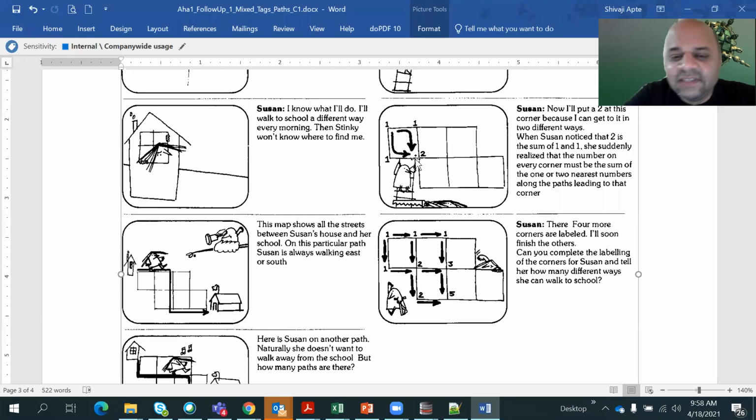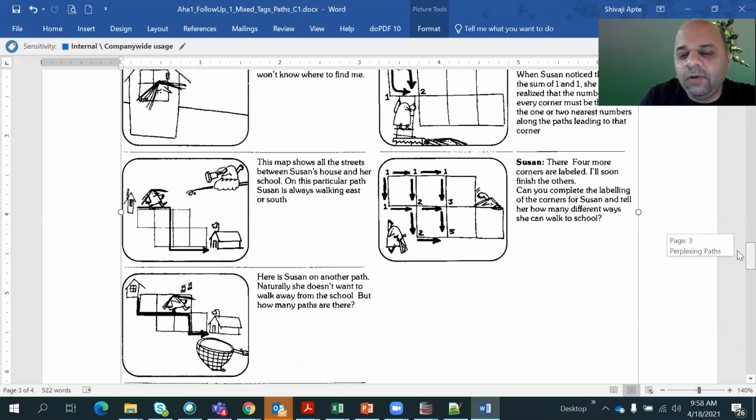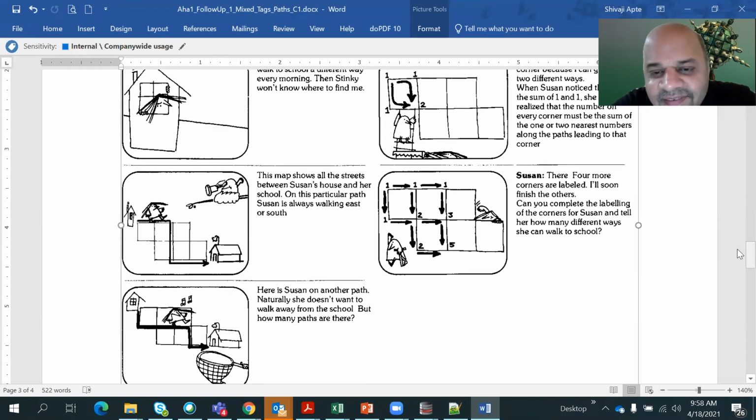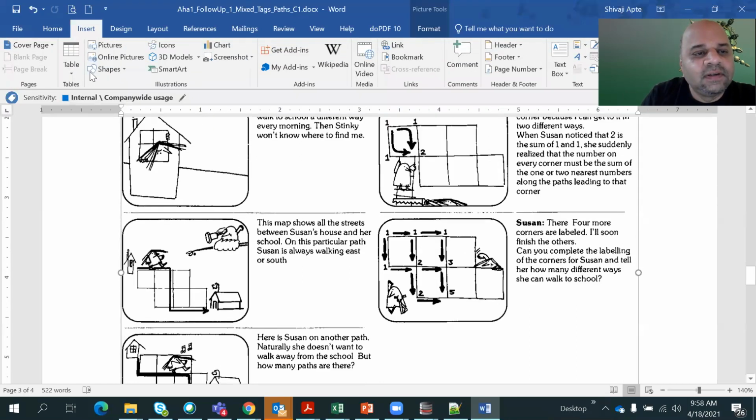Okay, so she reaches the number 2 from the left side or from the top side. The top side corner she has already put number 1. The left side corner she has put number 1. So she adds up these two and puts the number 2 here. Okay. She puts the number 2 here. Which two corners is added up? The right and left. See, I will mark out maybe. I will put out so that it is.